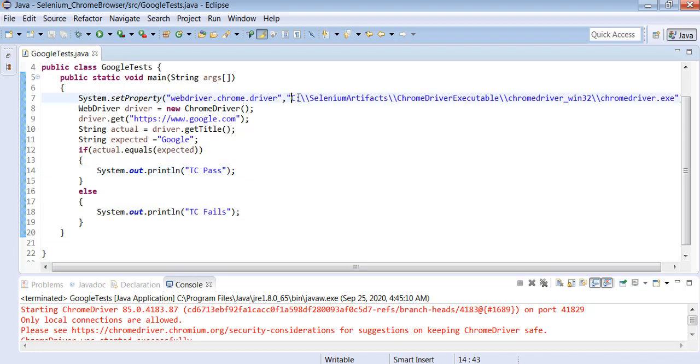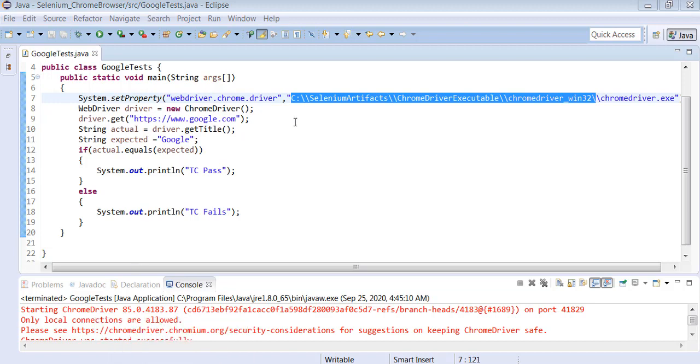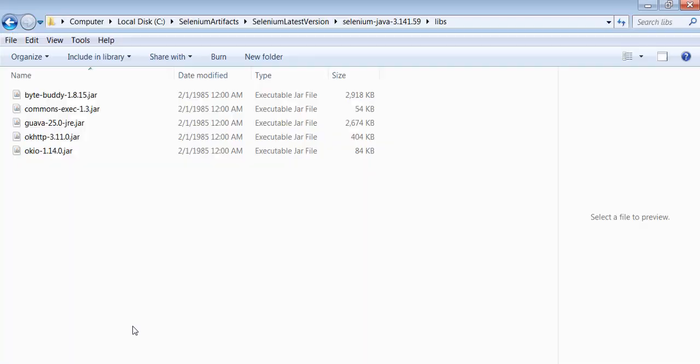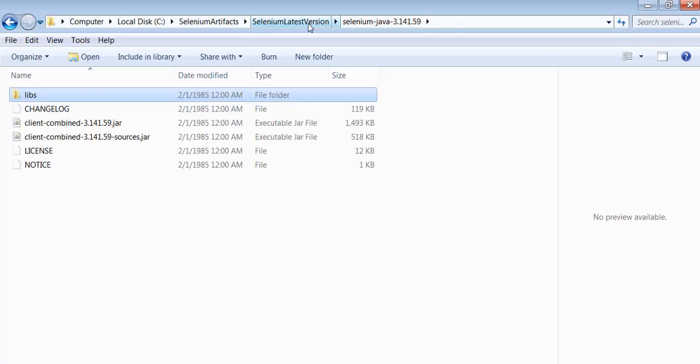Now, right now we are giving the Chrome driver path as this. But in future, suppose for example the directory structure changed. So this path will not work, right? So how can we make sure not to provide the path to the executable file? We can do one thing to avoid giving the path to the executable file. You can do one more thing, that is, just copy the executable file.